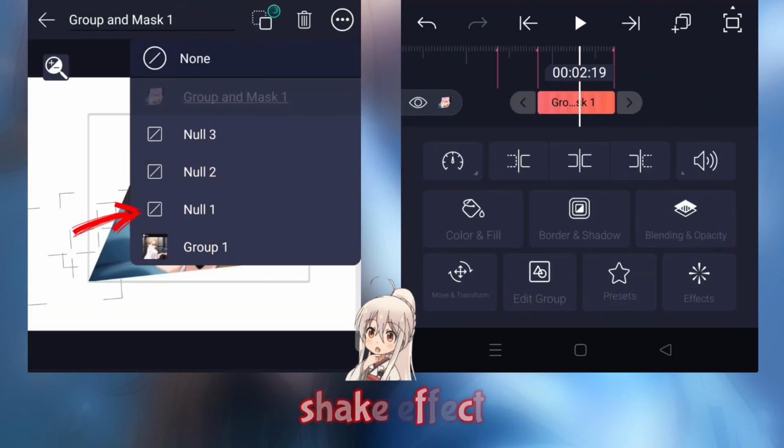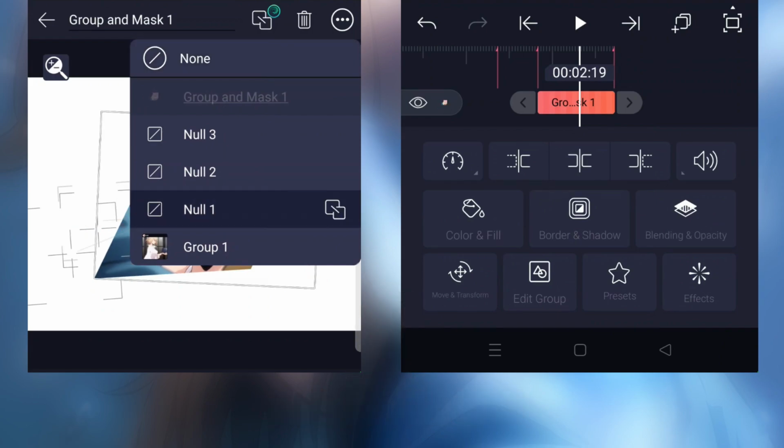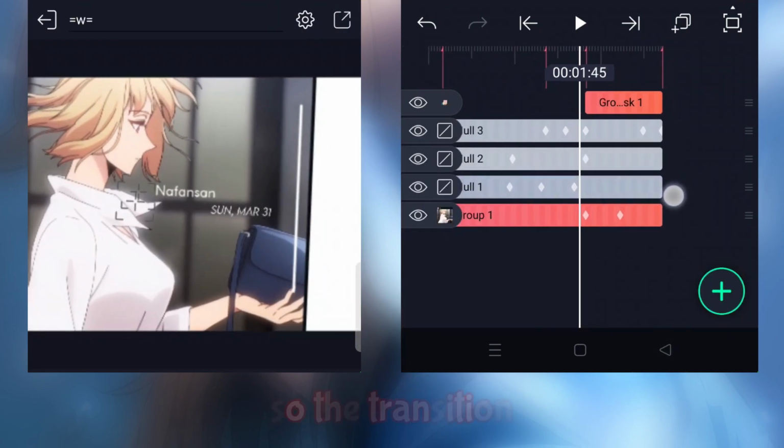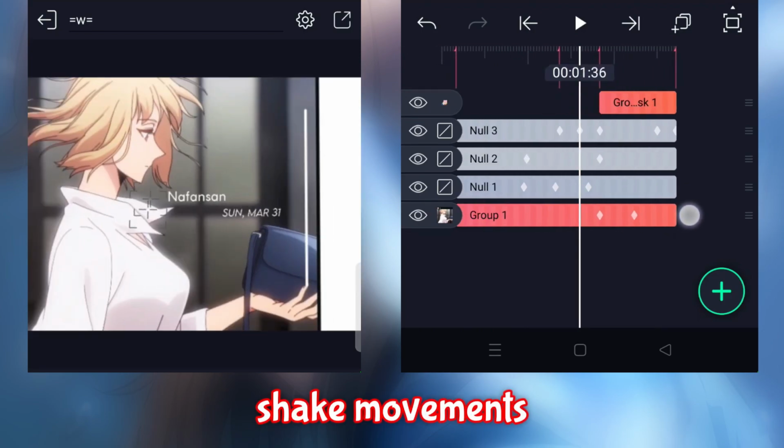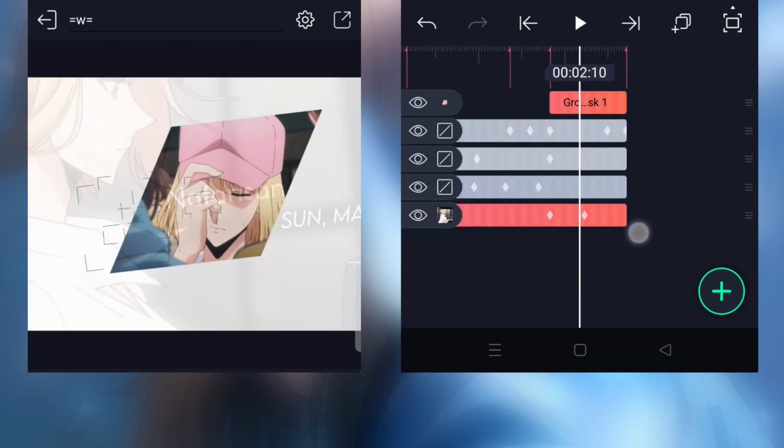This is the reason the shake effect is added to the null. So, the transition and shake movements remain connected.